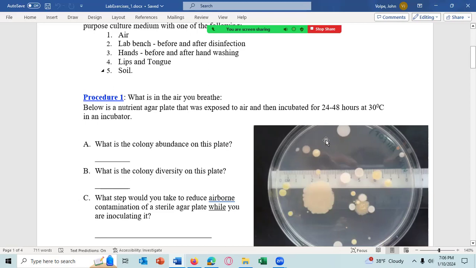Here you have to divide up the colonies by their different characteristics, like this one and that one and that one. Probably are all the same. They're similar. Obviously, that one's larger and a little bit lighter, but it's very similar. So I'm going to count that as 1, and that would be 2. This would be a 3. So you have to figure out what differences there are and then give me an estimate. If your estimate is too low, like I said, I will mark it wrong, but as long as you're close, I will mark it right.